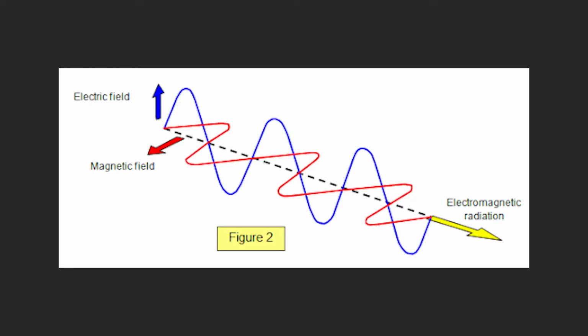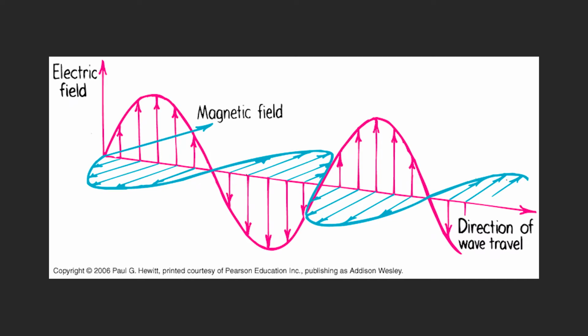So, first of all, what is light from a physics standpoint? It is technically an electromagnetic transverse wave. That sounds very advanced, but it actually means that the electromagnetic wave wiggles sideways as the energy propagates forward. And this wiggling is due to the electric and magnetic fields. They wiggle at 90 degrees to each other.